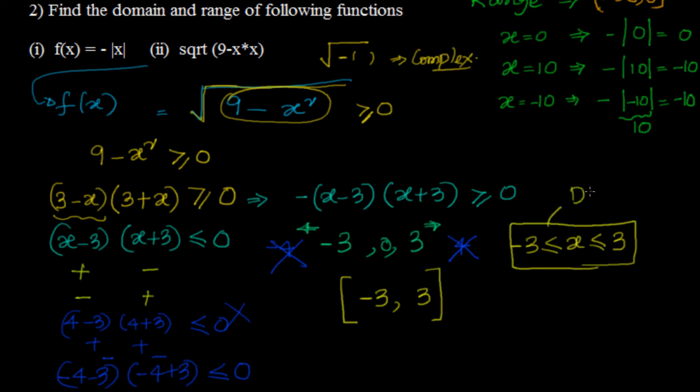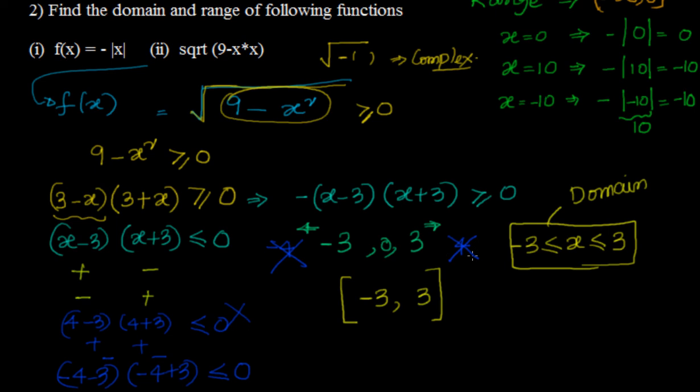We have found the domain now. How have we done that? We have been given f(x) as the square root of 9 minus x square. We know that whatever expression is inside the square root should be greater than or equal to 0. So based on that we get (x minus 3) into (x plus 3) less than or equal to 0. That means we should have values of x such that the product is less than or equal to 0. For that we see that if I put different values, the values of x are nothing but between minus 3 and 3.